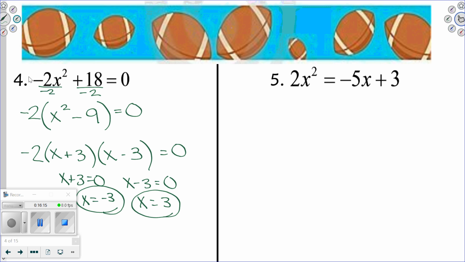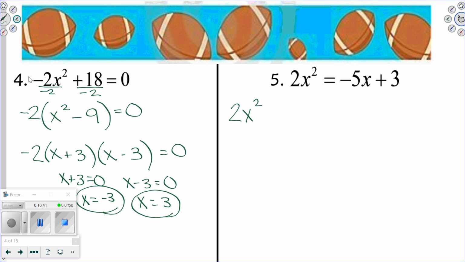Truthfully, you could move either. But the easier option, would you say? 5x and the 3. Why would I not want to move my x squared? It'll make it negative. And if it's negative, what do I have to do? I've got to take out a negative. That's a lot of opportunities for you to mess up your signs. So me personally, if I have to move something, I'll always move things to keep that x squared positive. I'm going to rewrite every piece of it anyway in the next line, so it doesn't really matter which ones